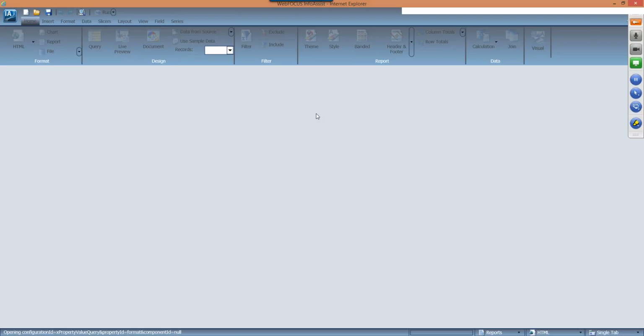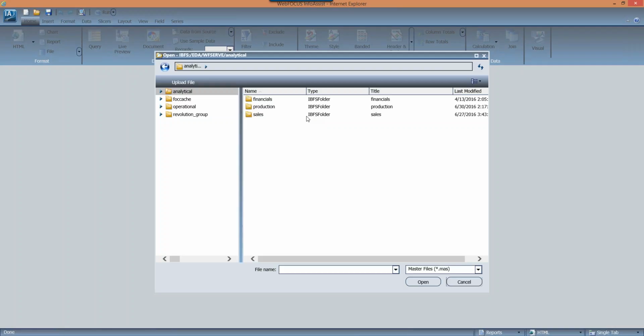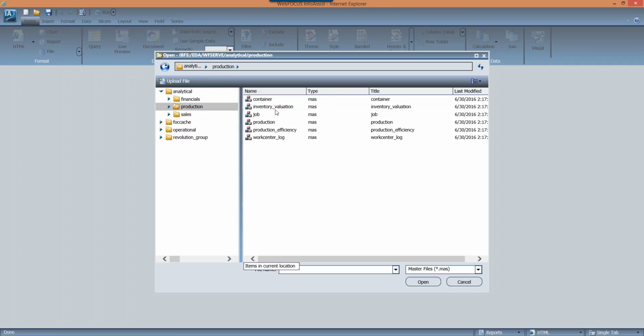So for this demonstration, what I wanted to do is create a production report that gives me the number of parts produced by an operator for 2015 and 2016. And once I'm done with that and happy with that report, I'm going to turn it into an active report and then go into Plex and link that up so that it's there and can be run straight from Plex. So I'm going into my production star.